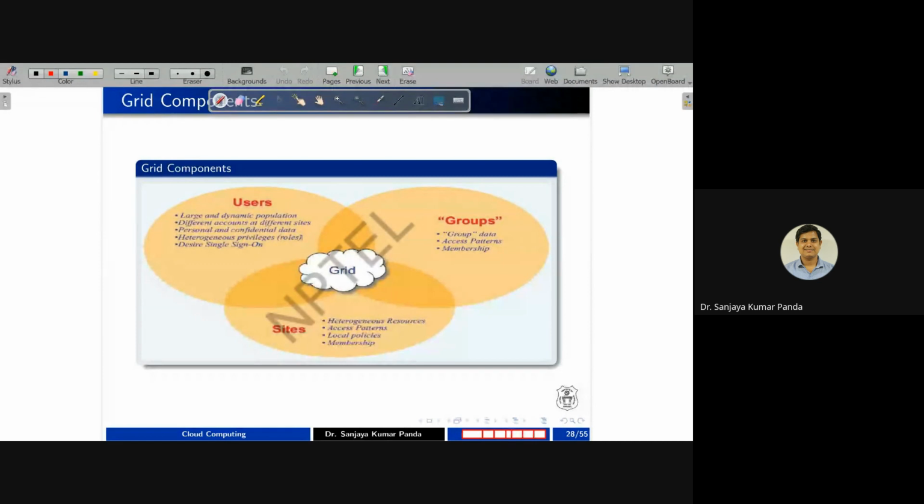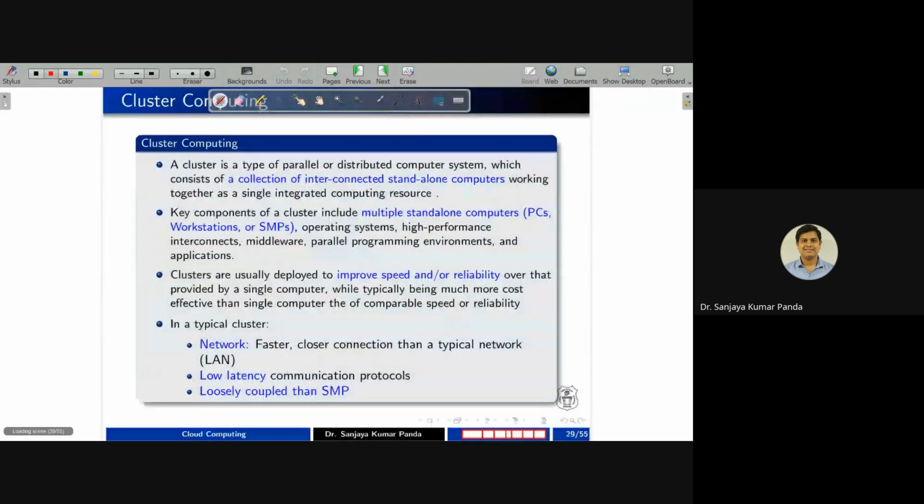For example, I'm saying BOINC: if you install it in all the computer systems in your institute, then whenever you are not using a system, or it is completely free, the BOINC platform will execute a particular application on your computer system. And these are completely government funded projects. So we should not think about whether there is a security leakage, or some kind of issues or bugs, or whether it is impacting our computer system. It will not be the case. So these are some of the components.